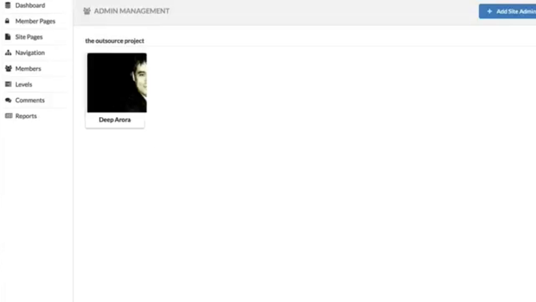And then you also have your admin area where you can start to add in different site admins that can help with controlling your comments and adding content and anything that you want to do from a day-to-day operational standpoint for your membership sites. So as you can see, guys, we do add lots of different features and functionality throughout,